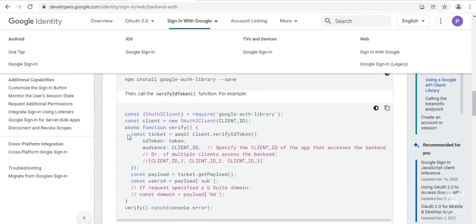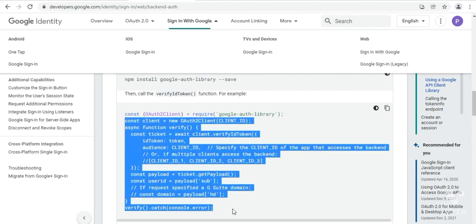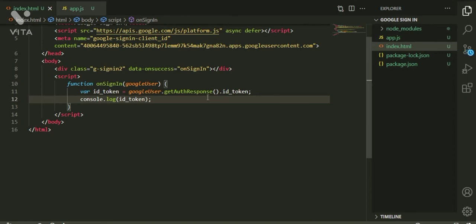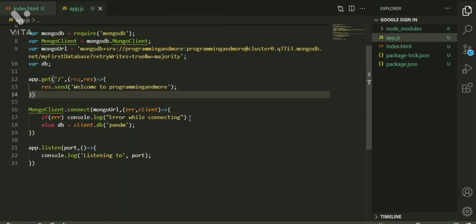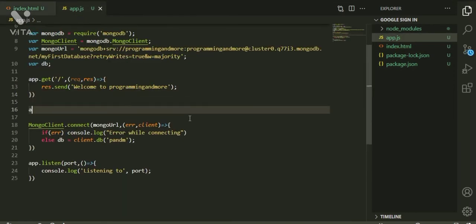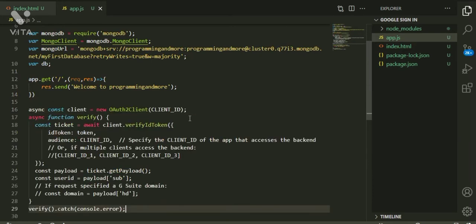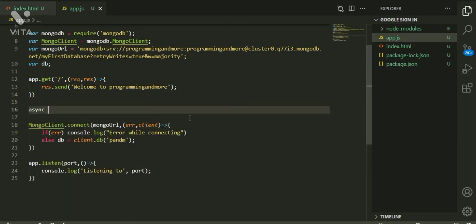So here we can see we have to make this every time, right? So let us see. In our app.js, let us make one function which is async. Let us call it verifyToken.